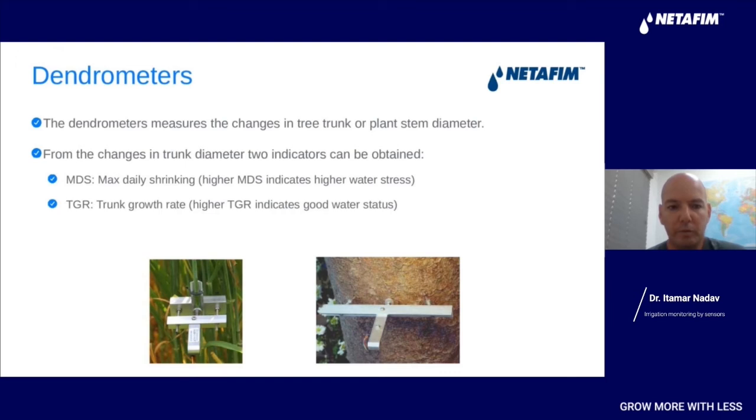So first of all, we have the MDS, which is the maximum daily shrinkage. Higher MDS means higher water stress, and I will show you it in a second. And the second term that we have is the trunk growth rate, and higher trunk growth rate indicates good water status. So if we go to the next slide,